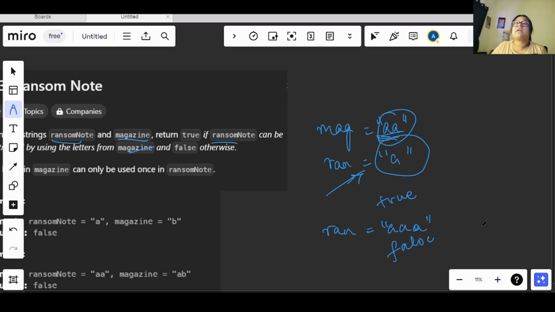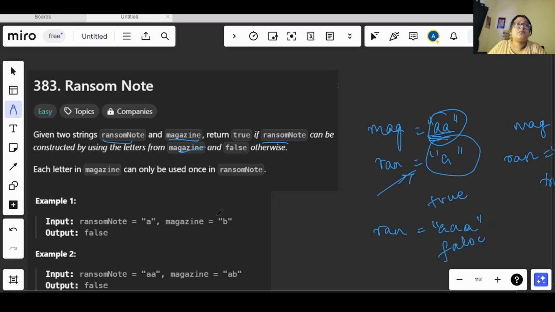Now let's take another example. Let's take magazine as A and B, okay, and in our ransom note we have only B. This is also possible, and also if in our ransom note only A is there, then also it will be possible to create the ransom note, so we will be returning true in that case also.